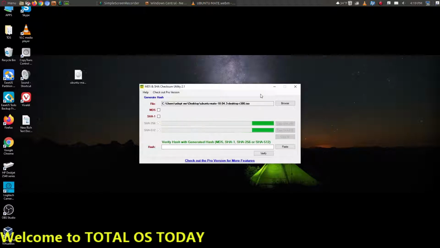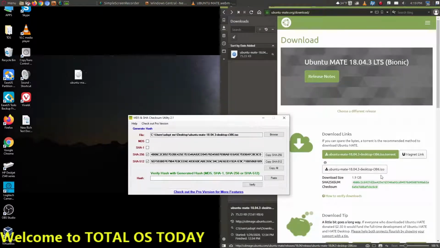Right now, I'm checking to make sure that my Ubuntu Mate download is not corrupted. So it's going to check this and give me a hash, basically an algorithm, a code. Okay, so there it is, right there. There's actually two of them, SHA-256, SHA-512. I'm looking for the SHA-256 code to match what is on the Ubuntu Mate website to the right, which is right there. So I will look at that, actually, of course, look at it and copy it,